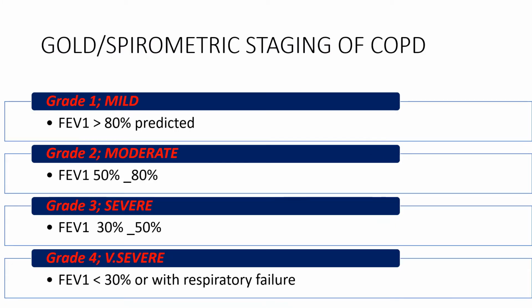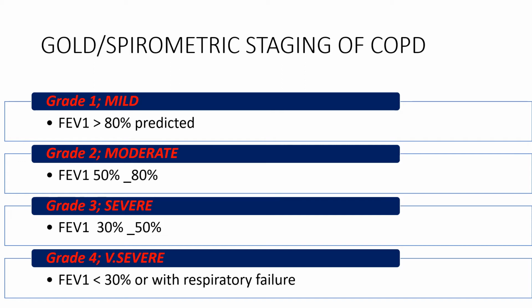After we have classified the dyspnea based on the patient's history, based on the patient's complaints of how well he can manage himself, we also need to objectively stage COPD, and we do that with the help of a peak expiratory flow meter or with the help of spirometry. For this, we take FEV1, that is forced expiratory volume in the first second. If it's more than 80% of the predicted value for that age and gender, that is grade 1 or mild